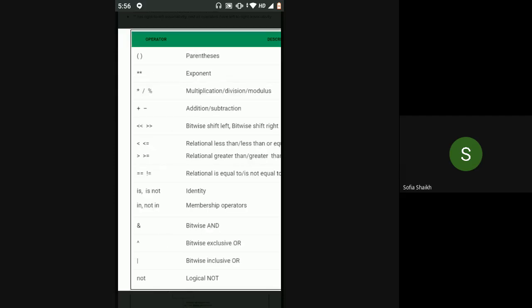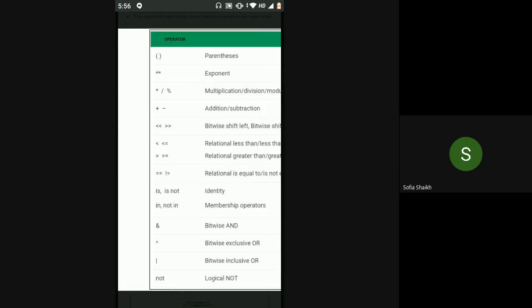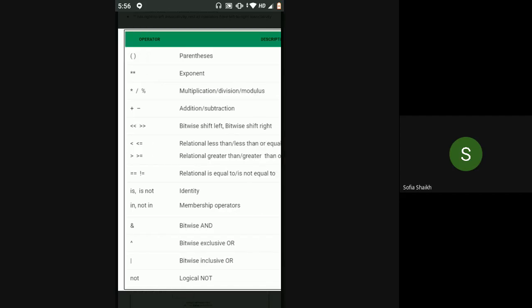So here you can see both division and modulus are present on the same line, right? They both have the same precedence level. So how will we find out how it will get evaluated? Okay, so that is where associativity comes into picture.